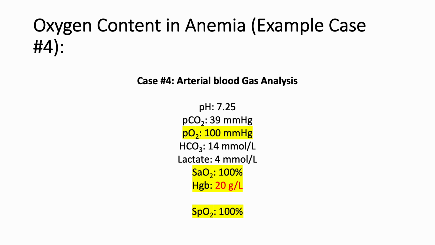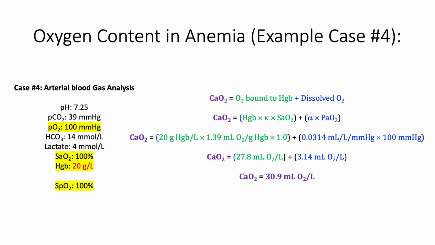Moreover, and equally as important, this concept of oxygen content highlights that thinking about oxygen saturations in isolation, that is, in the absence of awareness of hemoglobin concentration, falls short if we aim to understand total oxygen content for our patients. Take another example, case number 4, with corresponding ABG seen here. Note the very low concentration of hemoglobin, but slightly improved SaO2 compared to the previous case. Again, you can follow along by entering the highlighted values into the workbook titled Oxygen Content. From these values, we see that the patient in this case has an oxygen content of 30.9 mL of oxygen